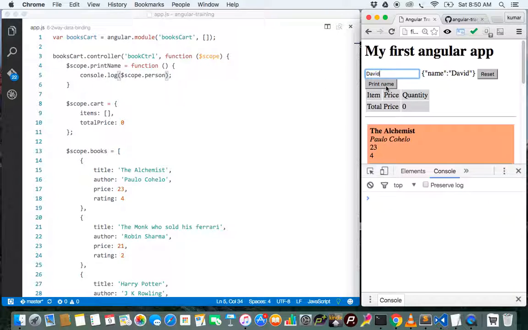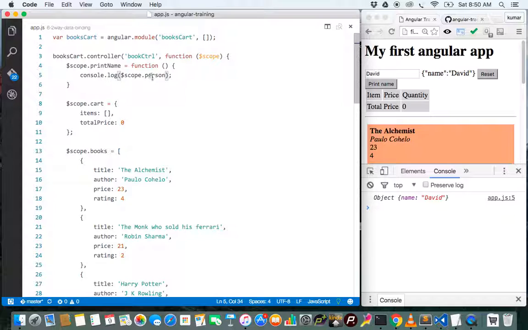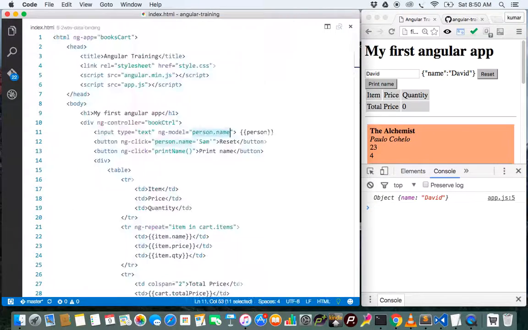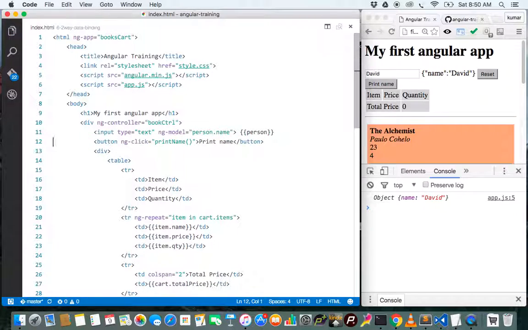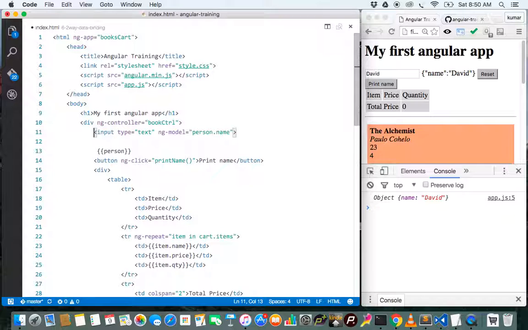So if I press print name, I see an object with name David. So it automatically creates the full person object just by this assignment, ng-model equal to person.name. Right? We can even add one more field on person, for example,